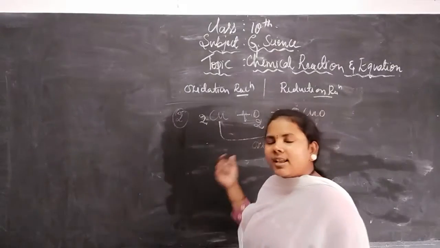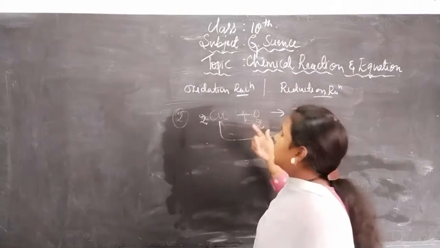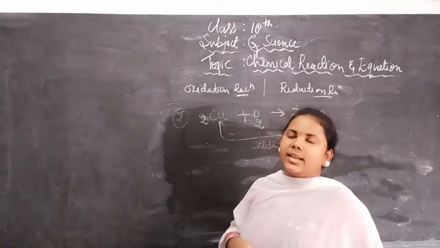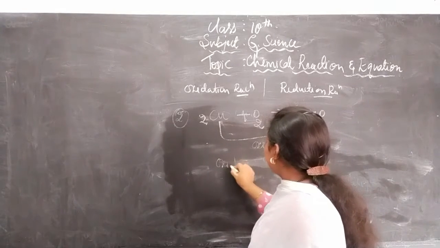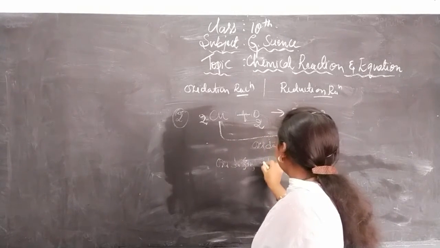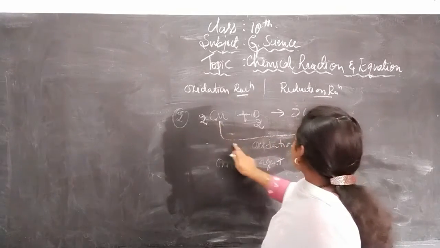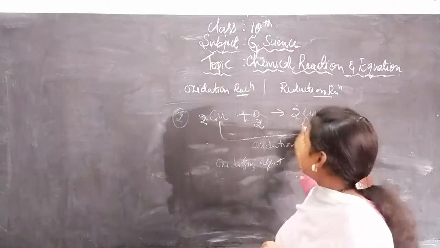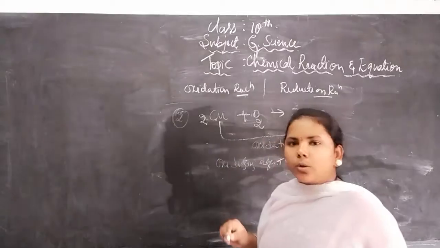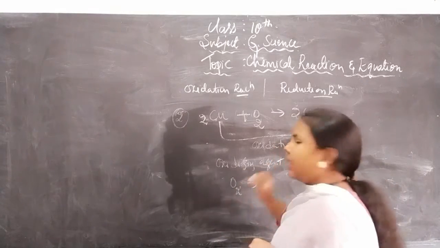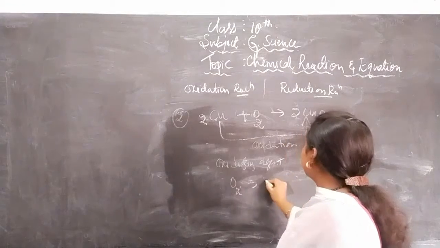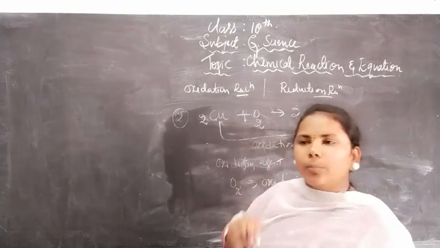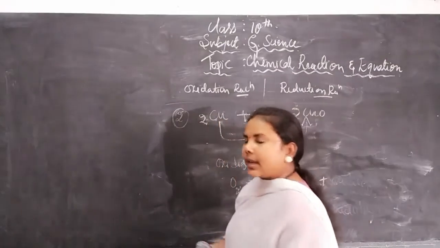But where is the reduction going to take place? There is no element identified as reduction. Now, what can you identify? You can identify the oxidizing agent. What is the oxidizing agent here? Copper is going to add oxygen to form copper oxide, and what helps it become copper oxide is oxygen, or O2. Here, what are we going to call oxygen? Yes, it is an oxidizing agent. I hope you understand. Okay, let us see the next example.